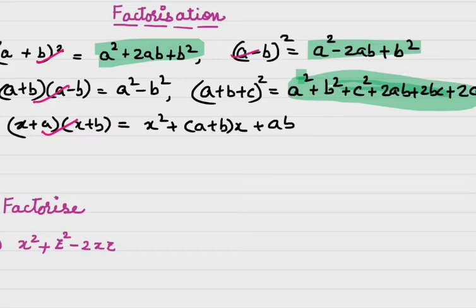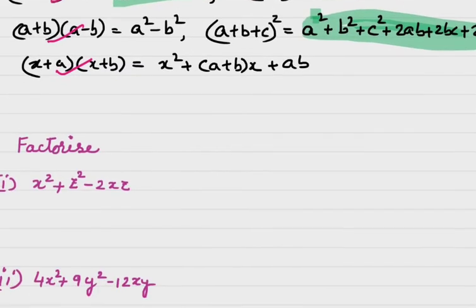So, children, those who have practiced all these sums properly, the expansion work, if you have done properly, you will be able to do the factorization part without any problem. But children, those who might not have done this part properly, they will have to suffer for want of finding out which identity is being used in that particular question. So now let us see.